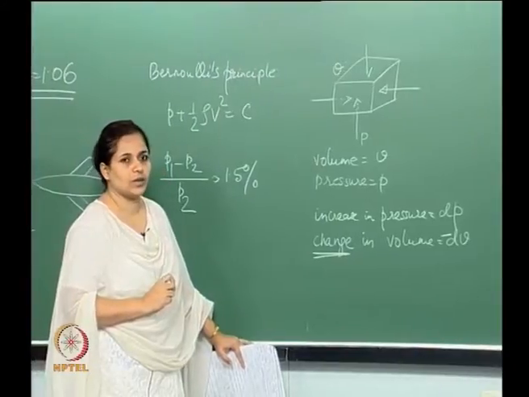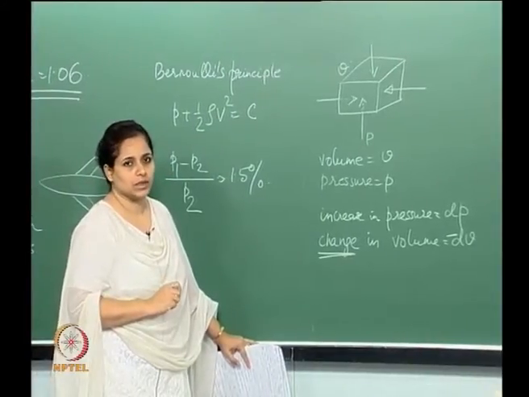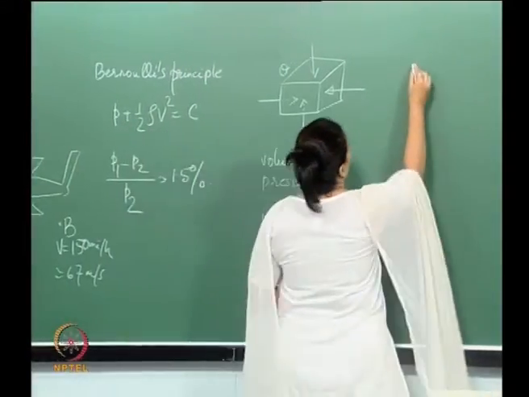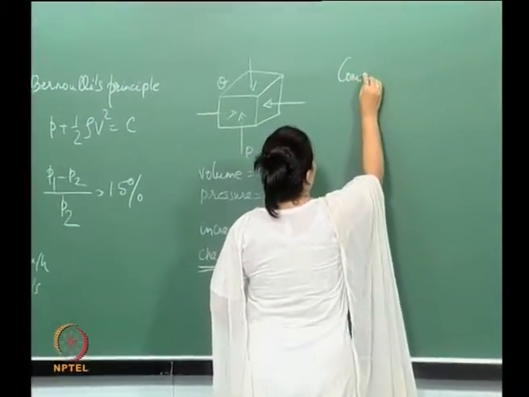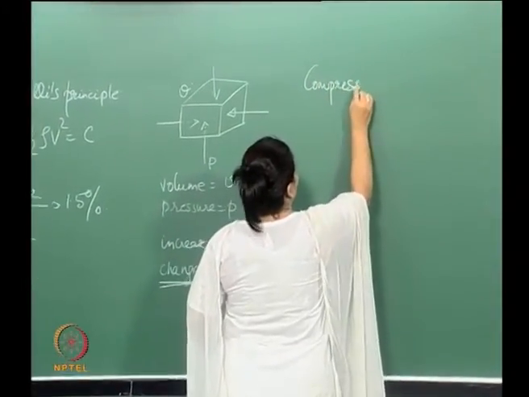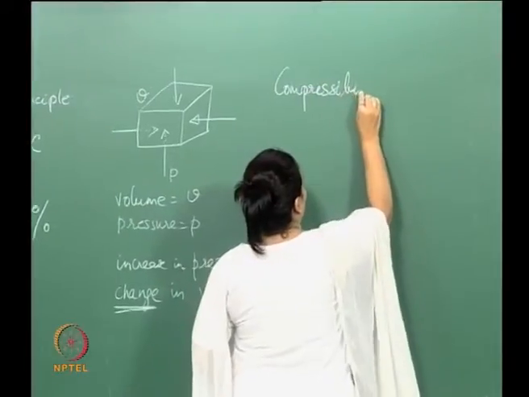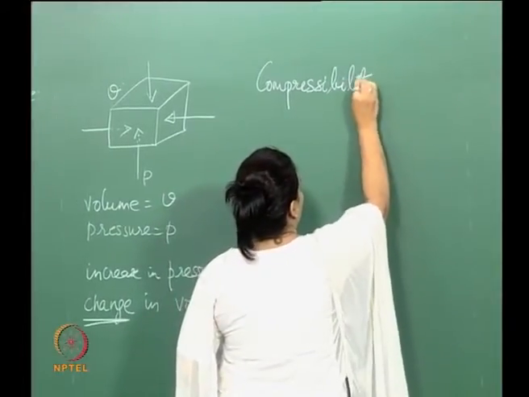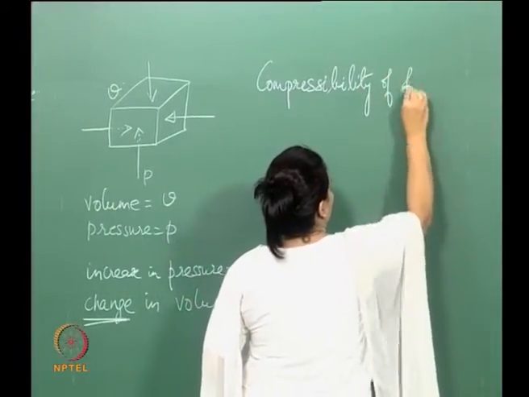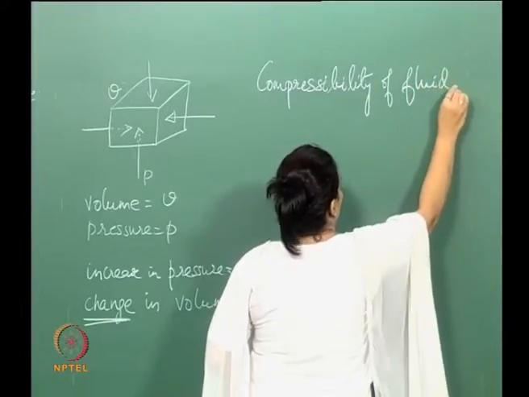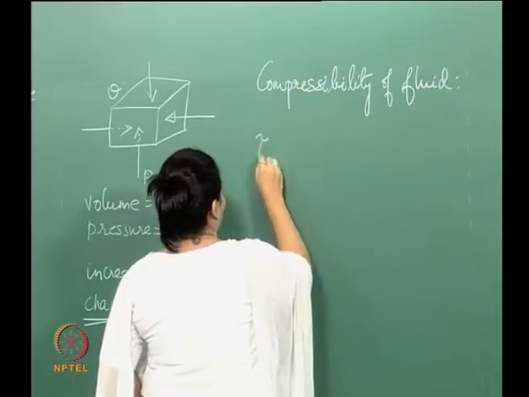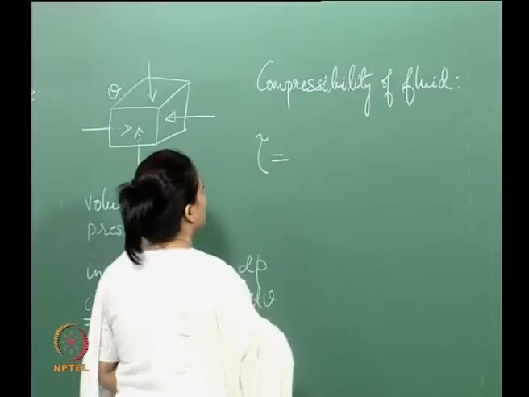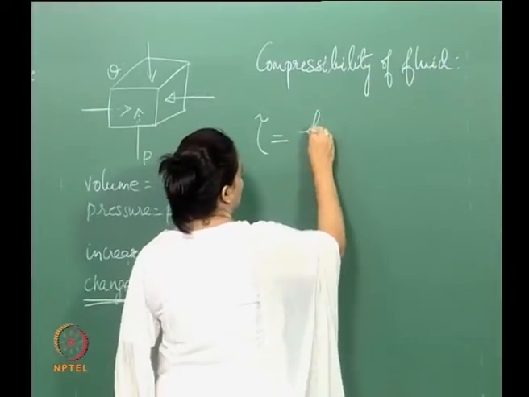Now, we shall define what I understand by compressibility, right. So, let me write this here. So, compressibility is defined so. Let me call that as tau. So, then I shall write that as